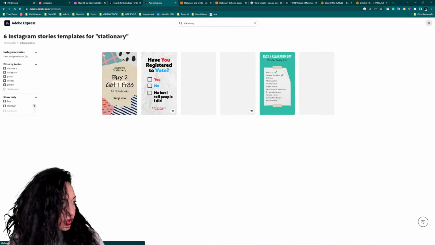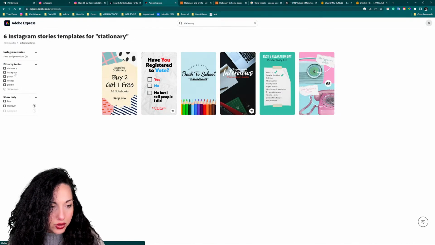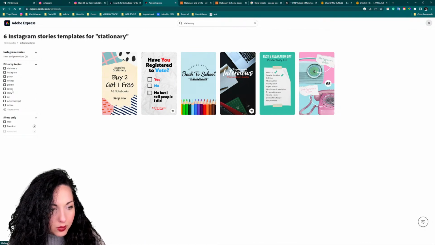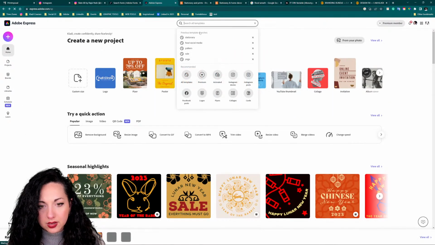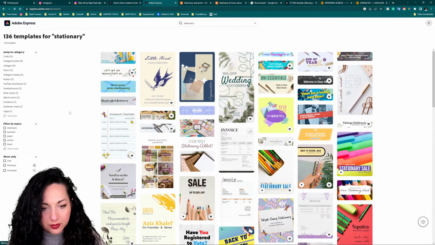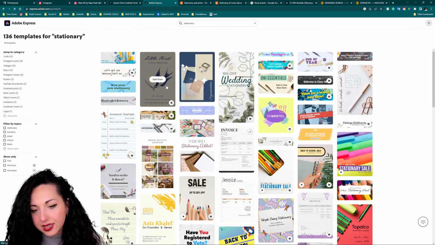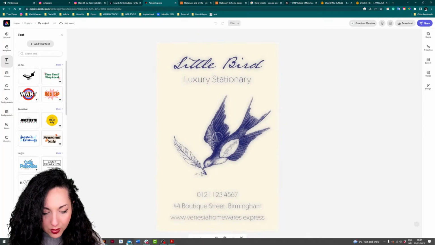So with the filter, you can narrow down your little research for your brand, or maybe if you want to, let's go ahead and look at a little bit more. Let's go back. Oops. Stationery, looks like I was clicking way too much. You can jump into different categories, maybe posters, or simply click on any of the templates that you like in particular. So I'm just gonna go ahead, this one with the bird really reminds me of that